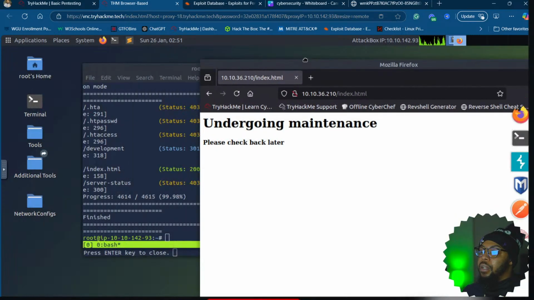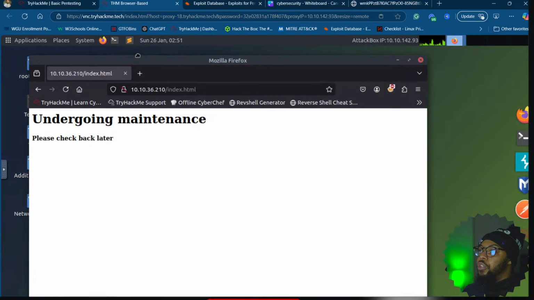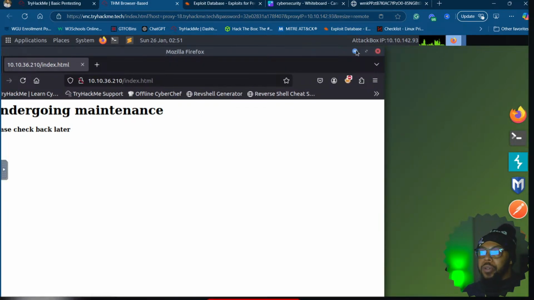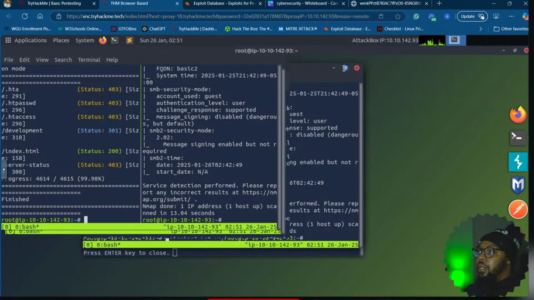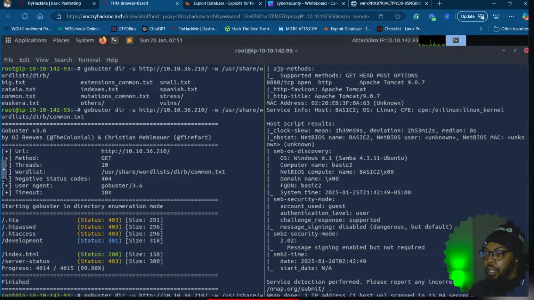Okay, there we go. All right, so let's see. Oh, that's right. I'm not sure why I'm not able to see anything, but we'll continue enumerating and we'll just remember that that exists. Sometimes I like to get curious and do all these things, but I know there are so many other things I need to do. So what I will do is open this up and then I'll save this and I'll